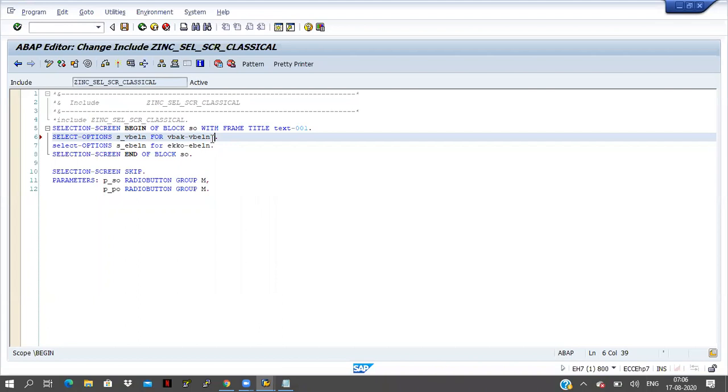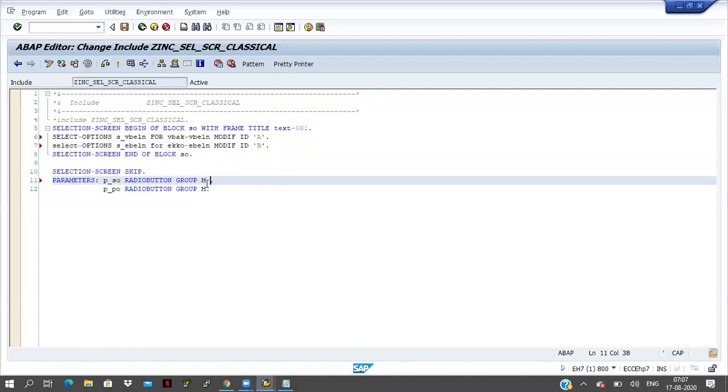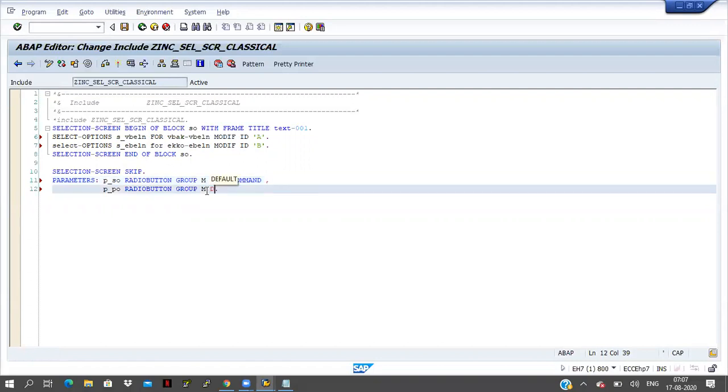Here I am taking modif ID a. What this modif ID is, I will discuss. Here I'm taking modif ID b, and here for this one user command, I will tell you what this user command is, and for this one default x.